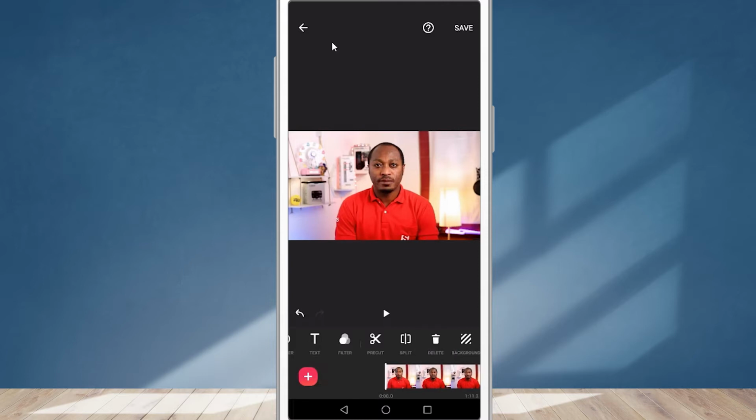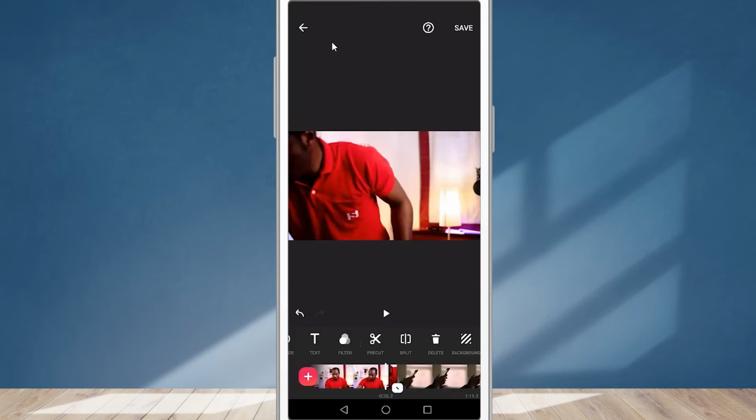Let me play to see if I got it right. Today we're going to cover how to use InShot Video Editor app. Exactly. As you can see how easy it is to cut off the part that you don't want in your video. So now let's go to the end of this